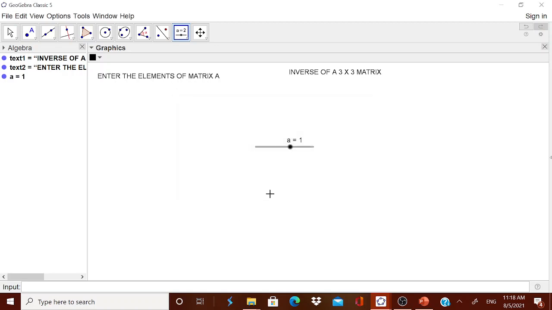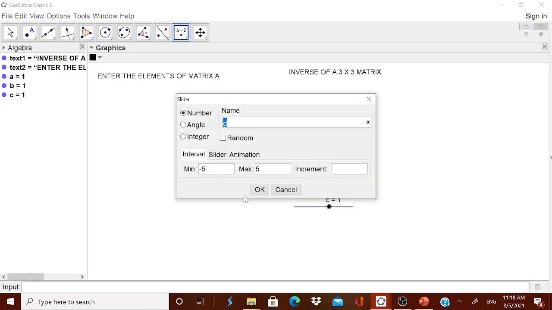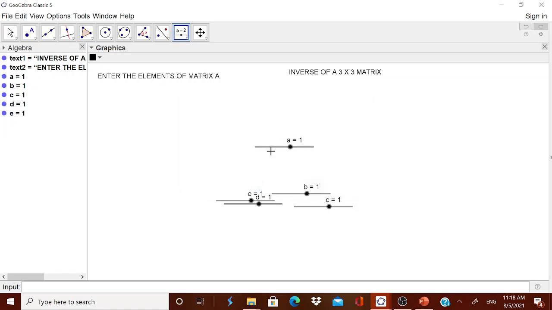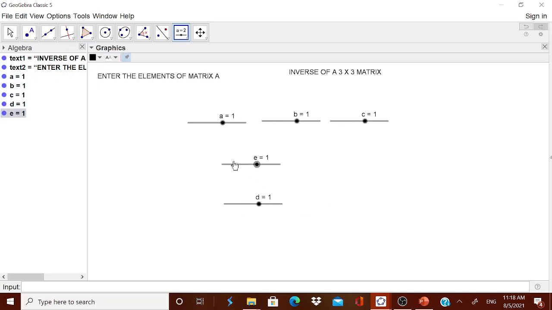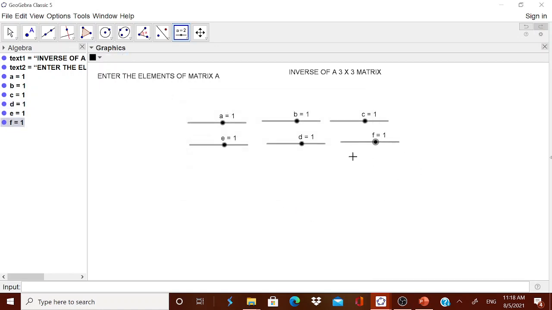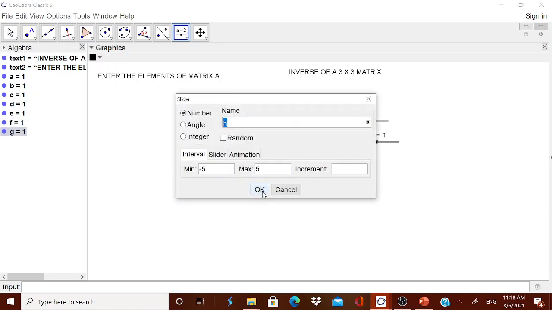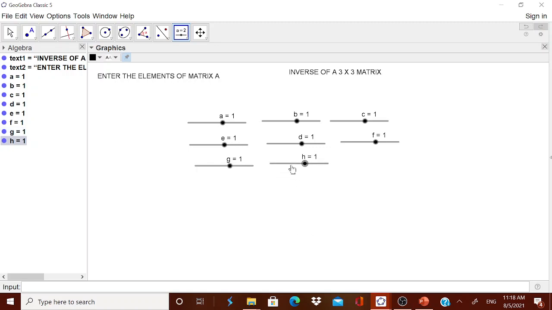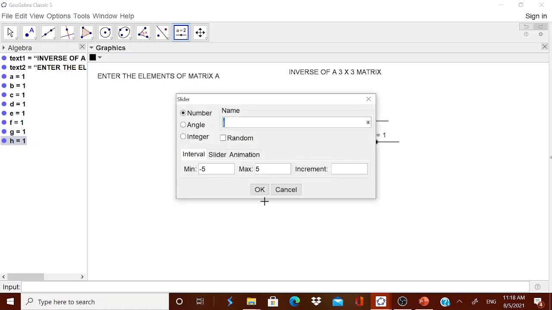I will have a, then b, then c, then d, then e, then f, then g, then h, and i.